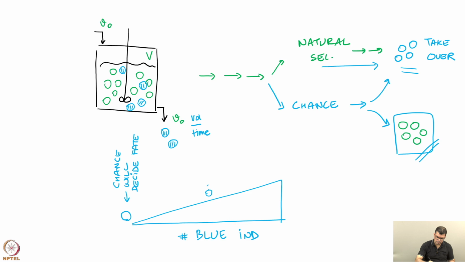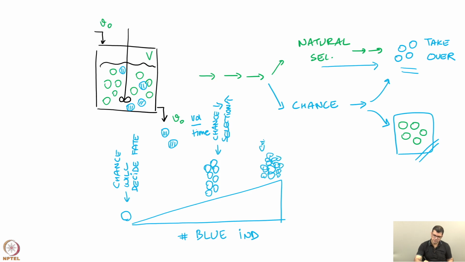But as the number of blue type individuals increases, let us say there are that many, now the role of chance has gone down and the role of selection has gone up. And if the number of blue type individuals is very large,